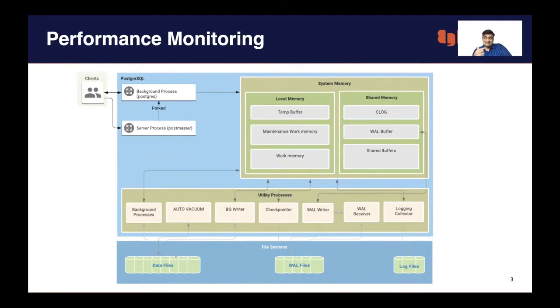The next part is the SQL, where you need to improve your SQL so that it works optimally. Similarly, you also need to work on your schema, so that it uses the right indexes, the tables are normalized, and all those things. So you basically work on tuning the database itself, and sometimes the SQL and your schema as well, at the application level.